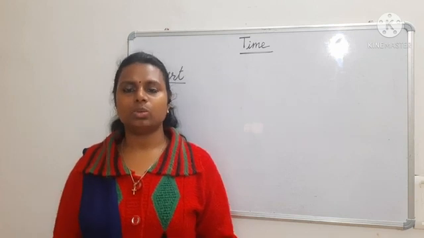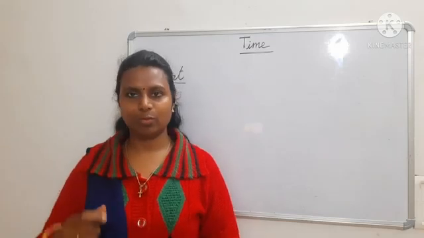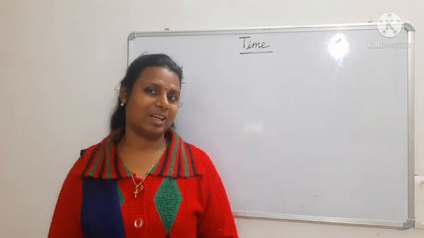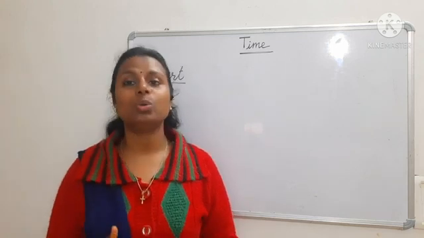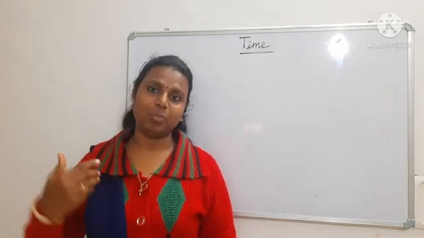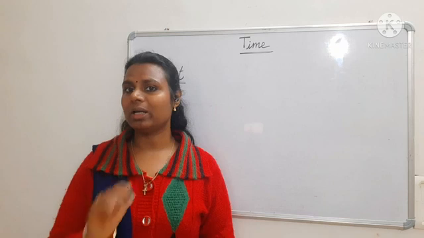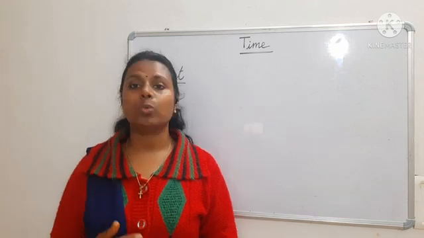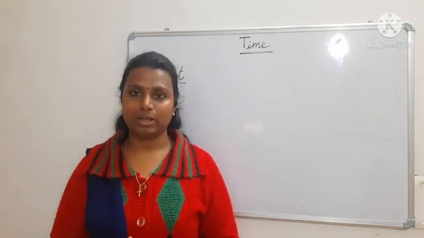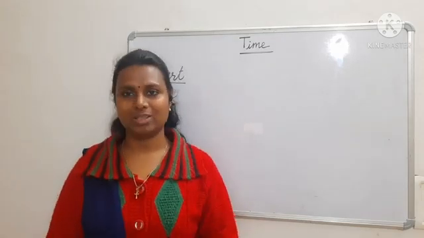So for converting from one unit to another unit, first thing we have to write the measures. And what was the second thing? How to calculate we have to find out. One thing where we multiply, otherwise divide. So now you have to remember when we multiply, when we divide. While converting from higher units to lower units, we multiply. When we convert from lower units to higher units, we divide.